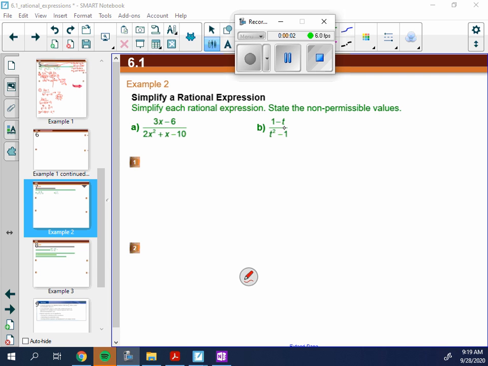Example 2, this one is a little bit different. It says simplify each rational expression and state the non-permissible values. So we have to state our non-permissible values, but we also need to simplify. So for non-permissible values, you factor your denominator and you look at that only. But for simplifying, we are going to factor